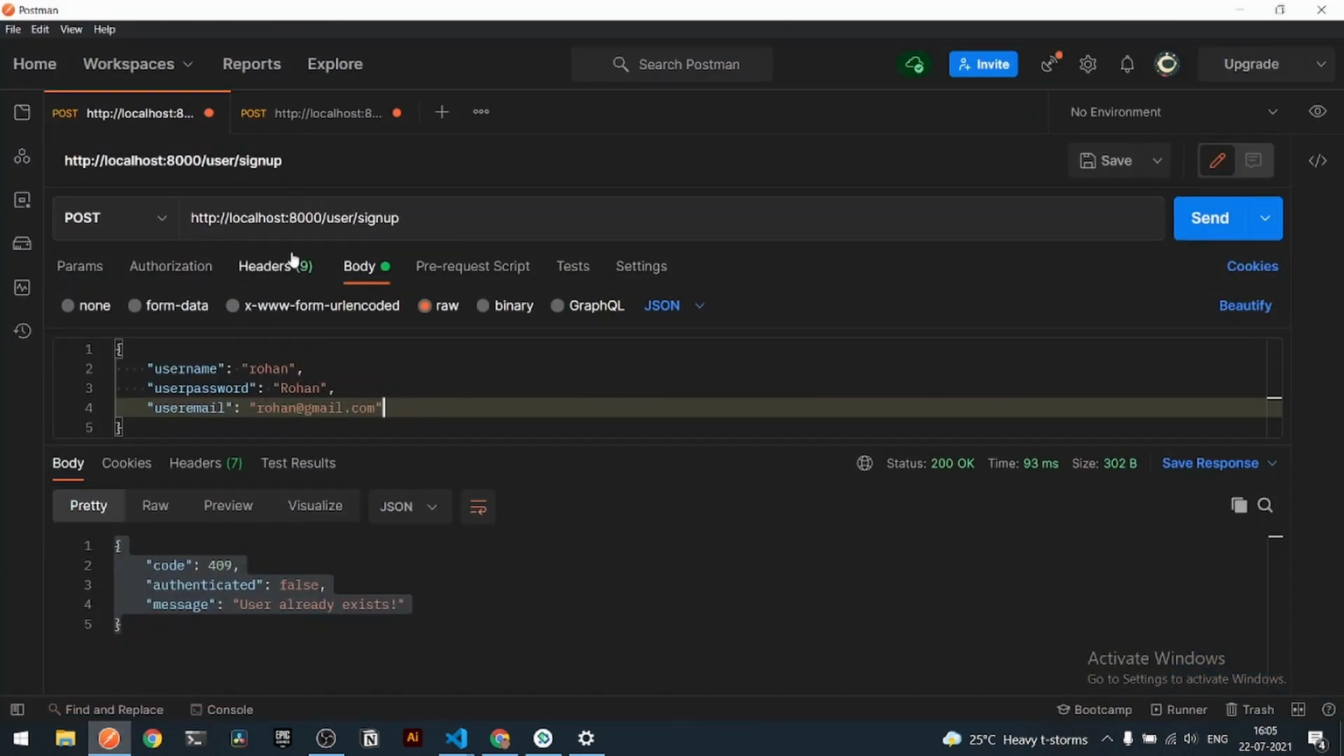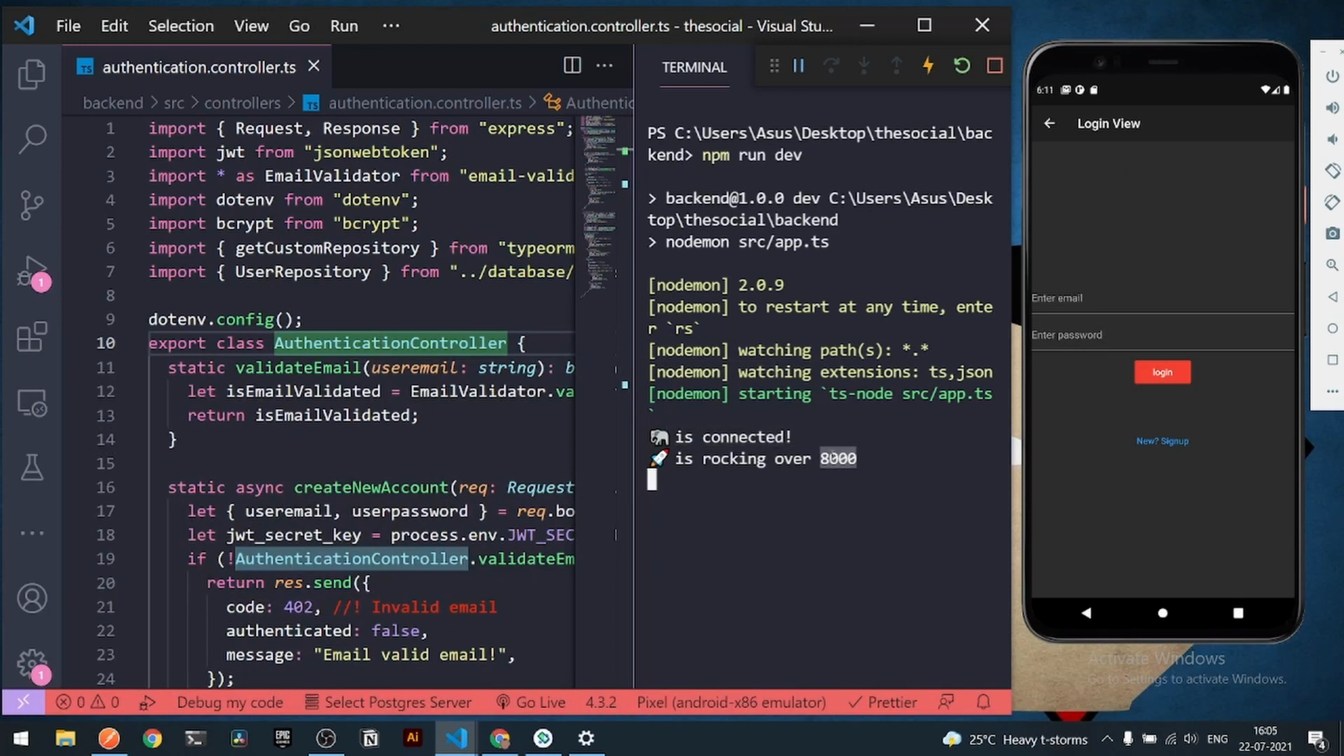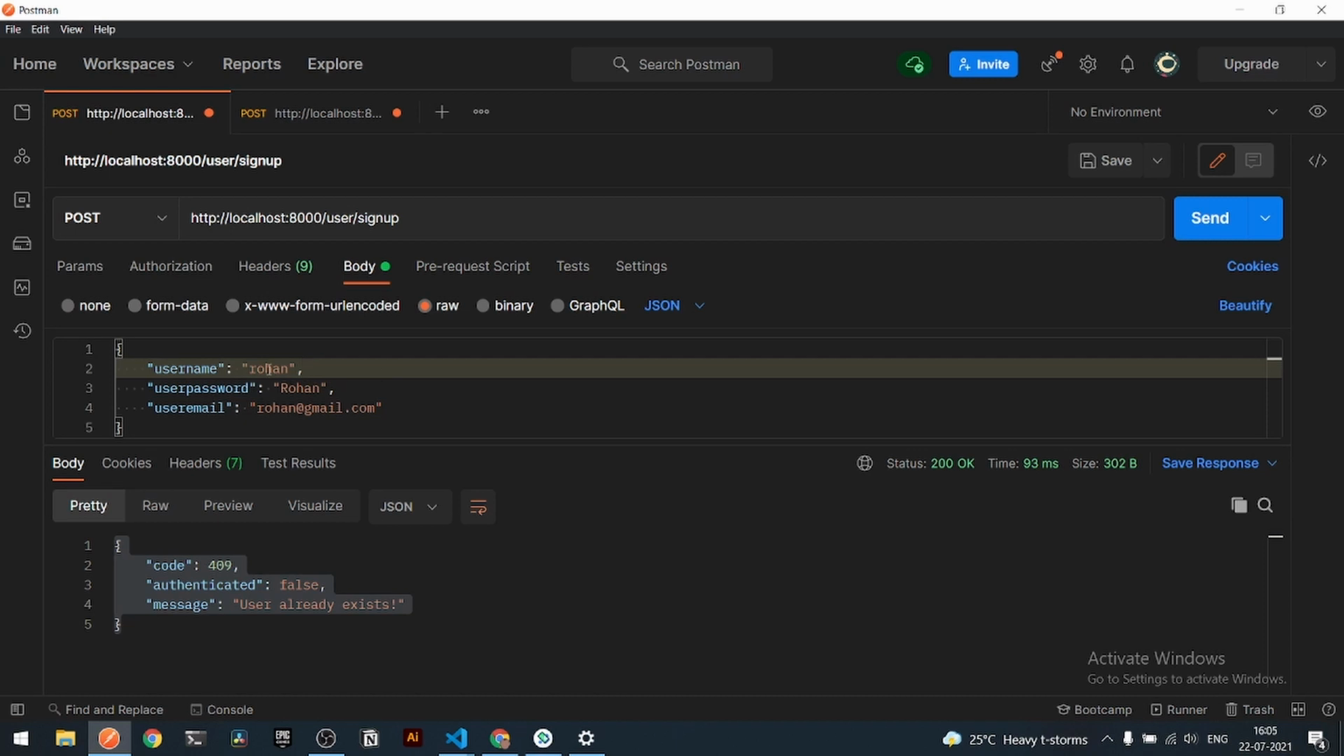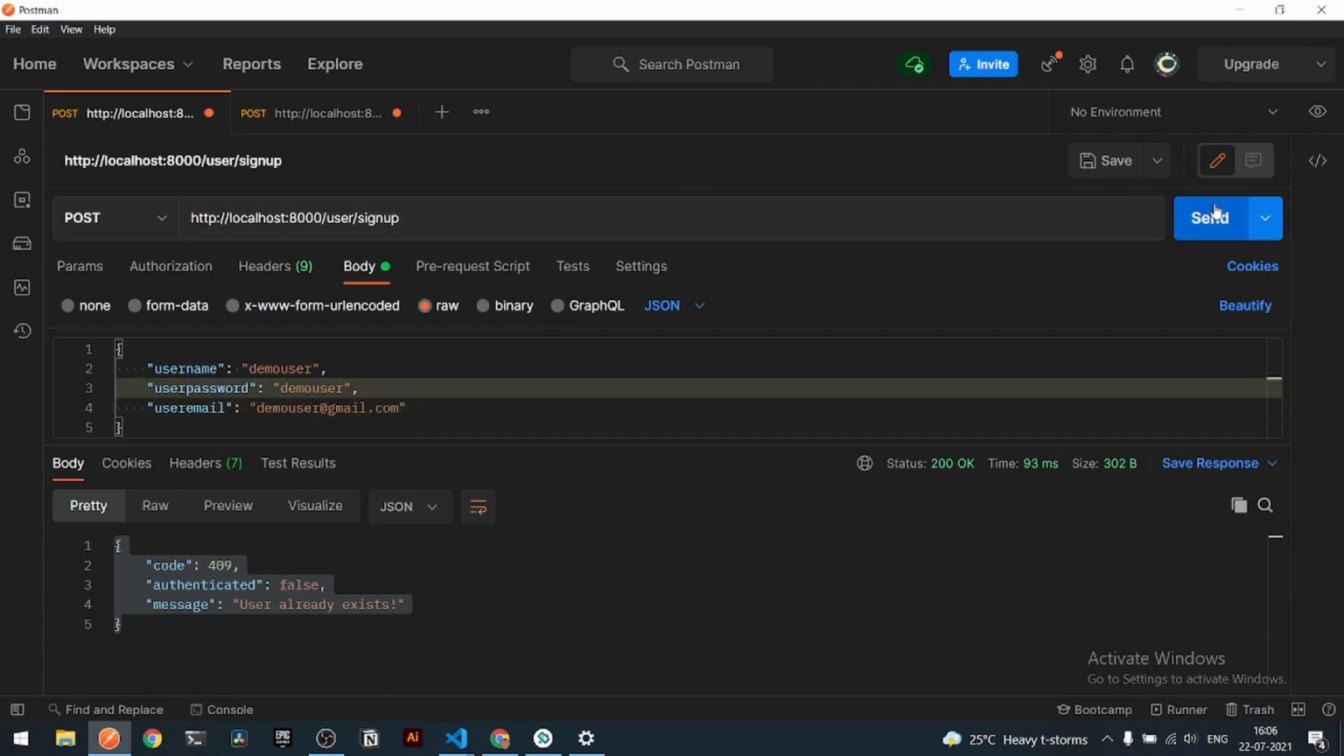I have my Postman up and ready, and here I have my sign up route. Here we are running our server over 8000, and similarly I have got my pre-filled data. Now let's start creating a new account. Here I can say demo user for now to check whether the thing is working or not. Alright, demo user. Let's copy the same credentials everywhere, and let's try to create a new account after sending a